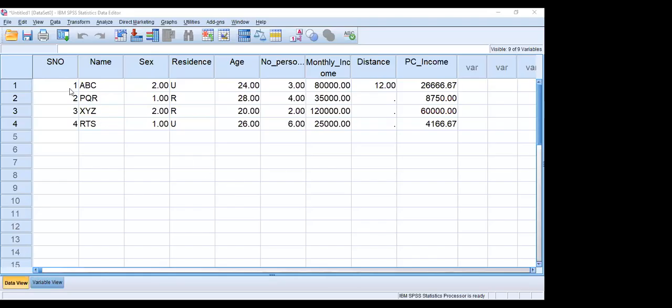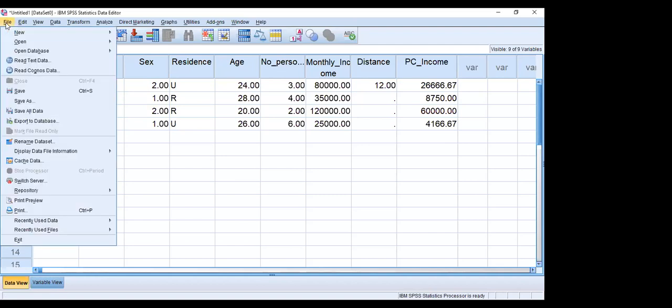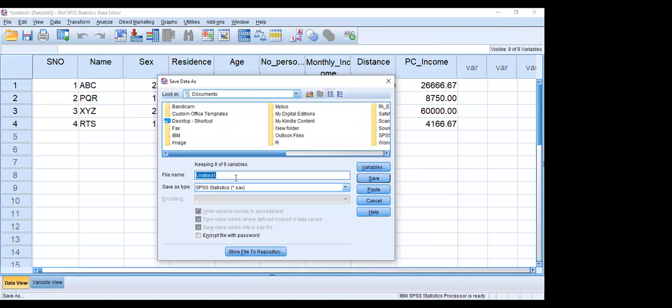So once you define the names of the variables, before you start entering the data, give a file name and save it. When you save it for the first time, use Save As and give a file name. By default, it asks to save in either the Documents or SPSS folder, but don't save in the Documents or SPSS folder. What happens if your computer creates any problem? All the data in this folder goes; only data on the hard disk remains. So save it in either the D drive or the U drive.